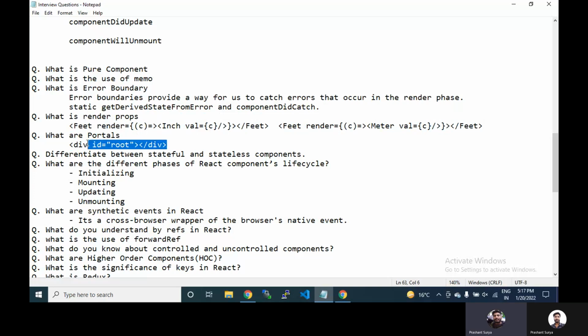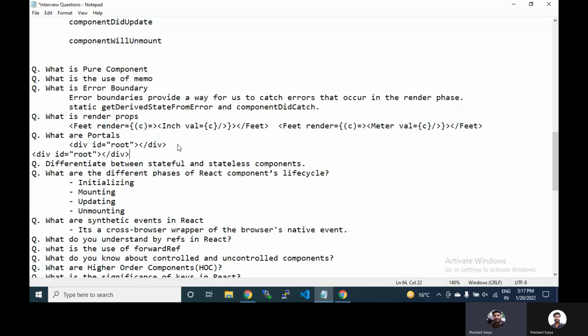So let's suppose there is some pop-up which is third party and you have integrated it, like a modal pop-up, and the modal pop-up has some buttons and events. It has some UI inside, but your root application is this one, and this is not your React application. This is rendered outside your root tree architecture. So if you want to listen to the click events from this modal into this root, you have to create your portals.